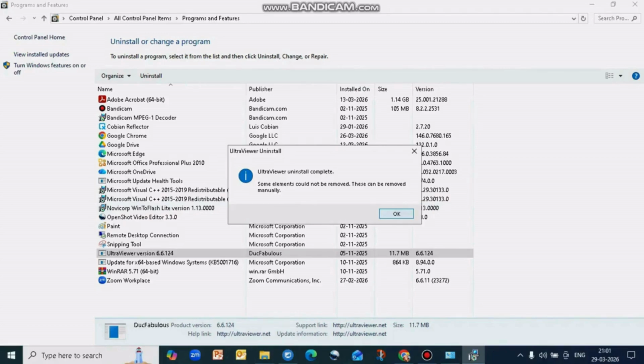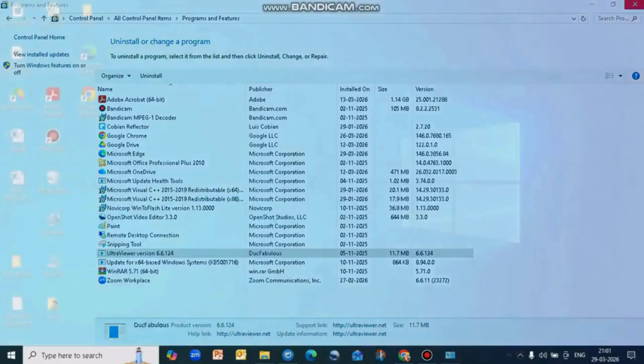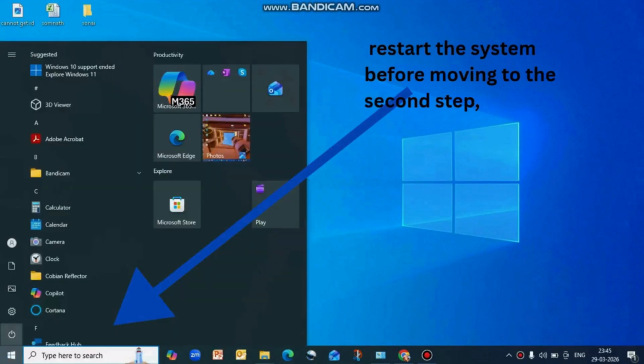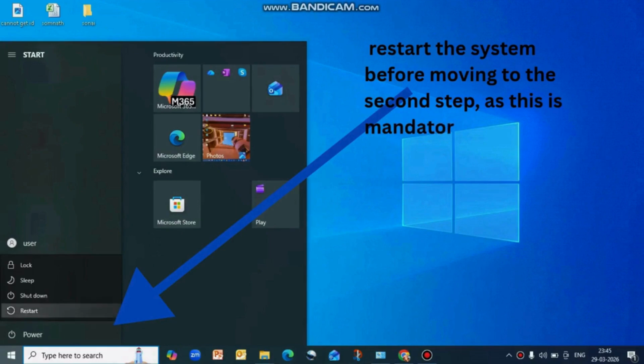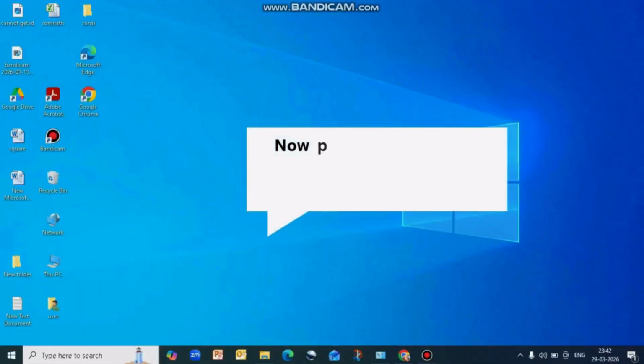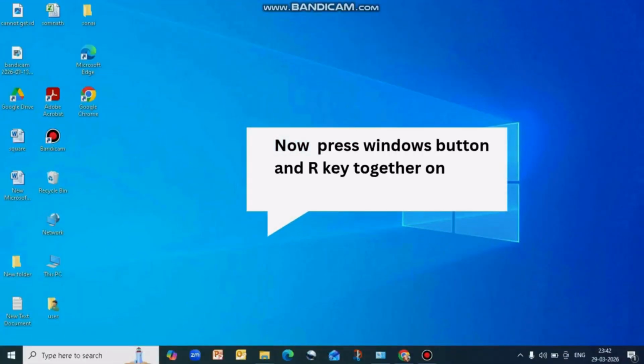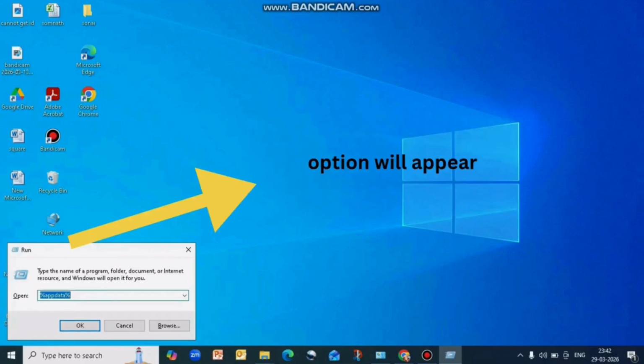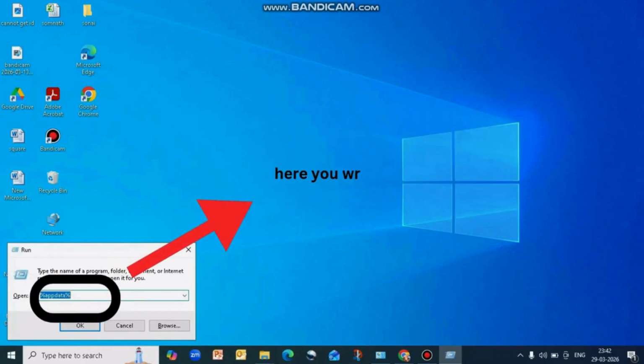Your UltraViewer software is uninstalled completely. Before starting the second step, you must restart your PC again. Now press the Windows button and the R key together on your keyboard. Run command will appear. Here you write